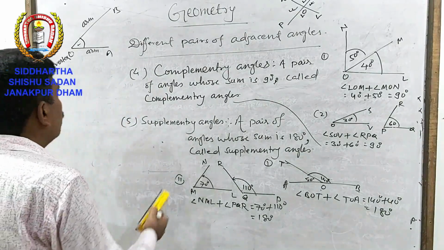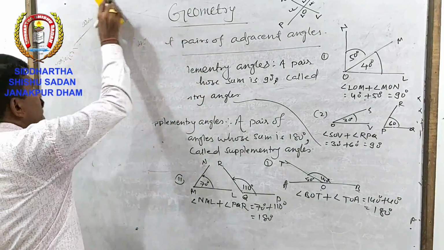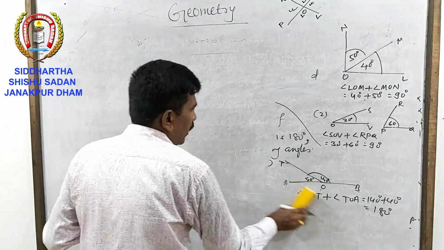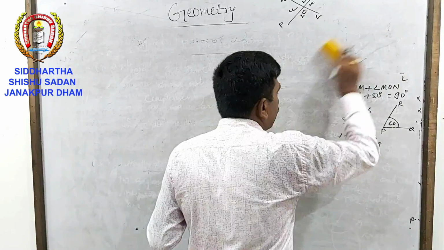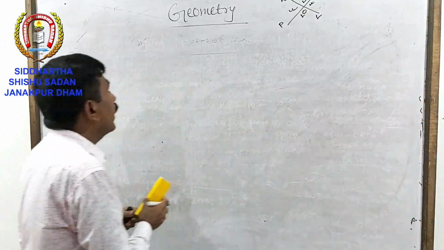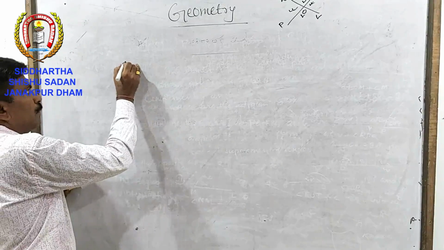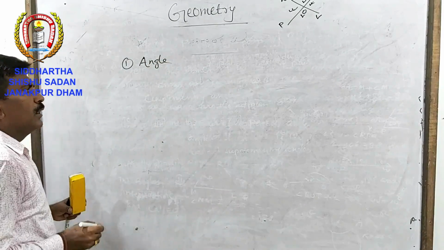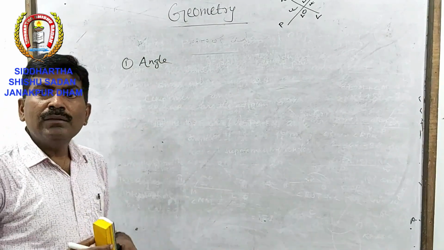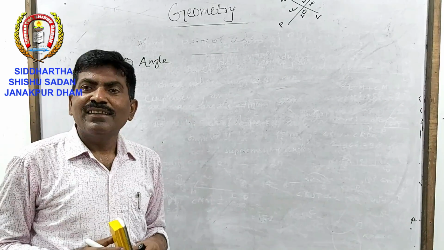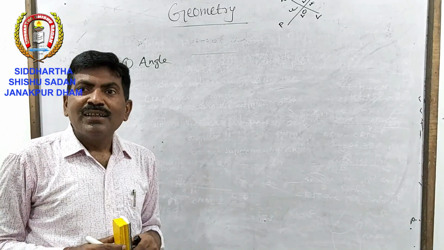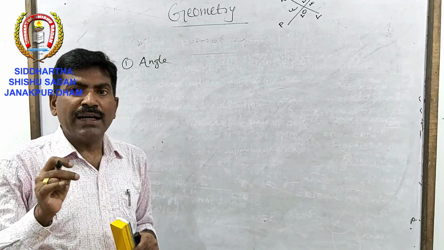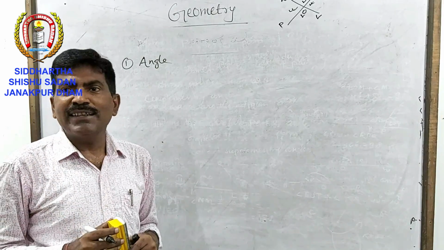So now let's review what I have taught and what you have learned today. So now one by one what we have discussed, and every one point I am going to remind you, review for today's class. Now today we have learned number one, angle. What is the definition of angle? Amount of rotation or amount of turn between the two lines at a common intersection point is known as an angle.